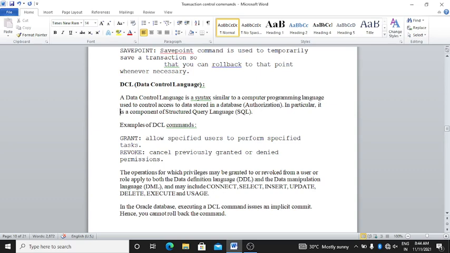The operations for which privileges may be granted to or revoked from a user or role apply to both the data definition language and data manipulation language and may include connect, select, insert, update, delete, execute and usage. In an Oracle database, executing a DCL command issues an implicit commit, hence you cannot roll back the command.